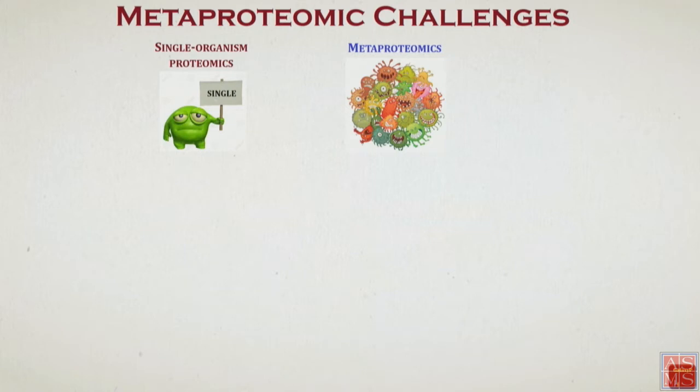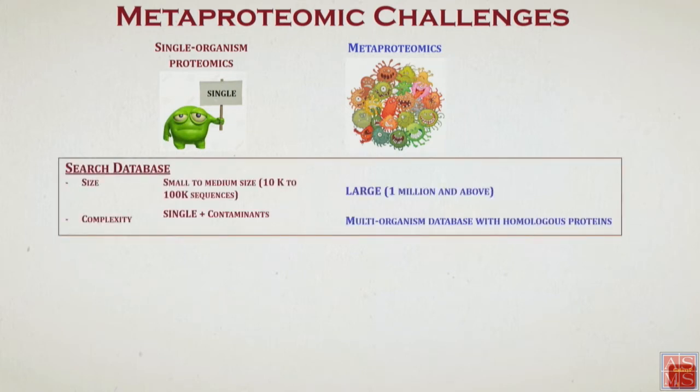One of the big differences in single organism proteomics and metaproteomics is the search databases that I use. I mean, there are multiple challenges, but this is one of the main challenges. The search database for single organism proteomics is basically a result of the genome that is sequenced for that organism. It is converted into a protein FASTA file, and that's what is used for your research. Most of the times, these search databases are of small size. The complexity is not very large. There's only a single organism, maybe with the contaminant sequences that one puts in.